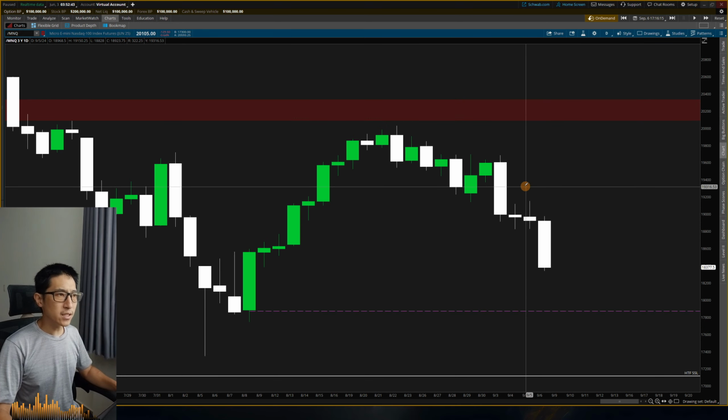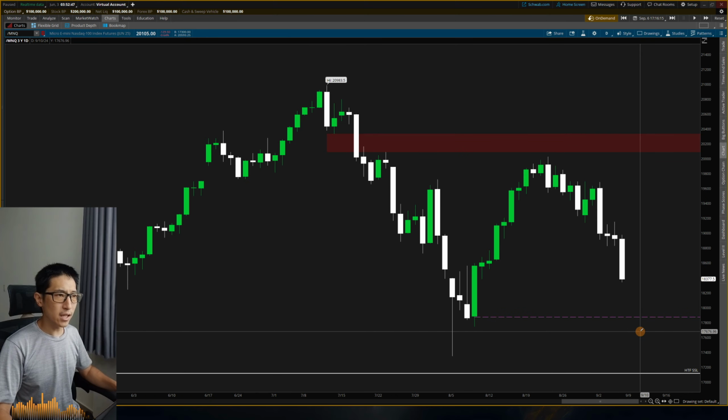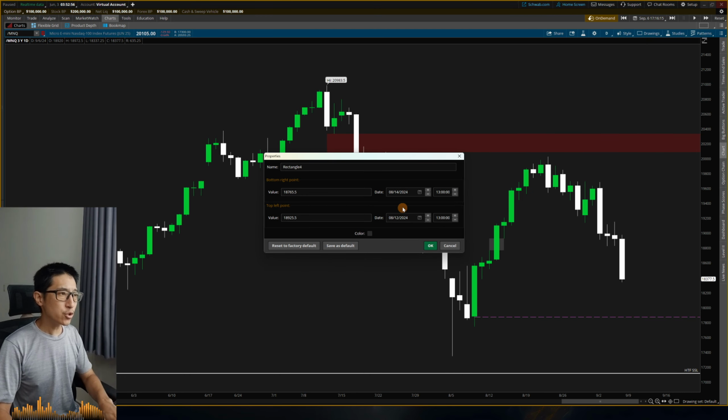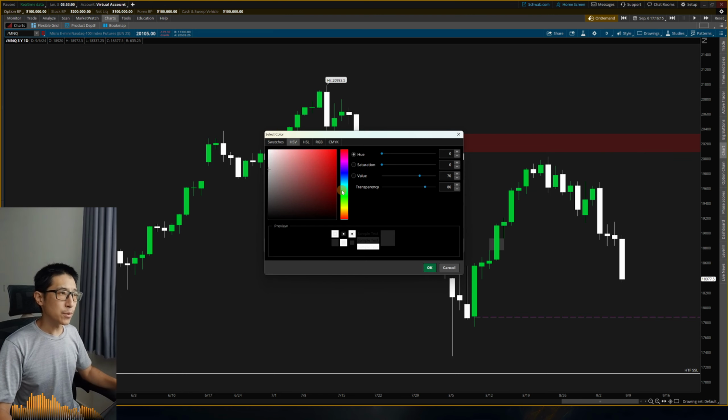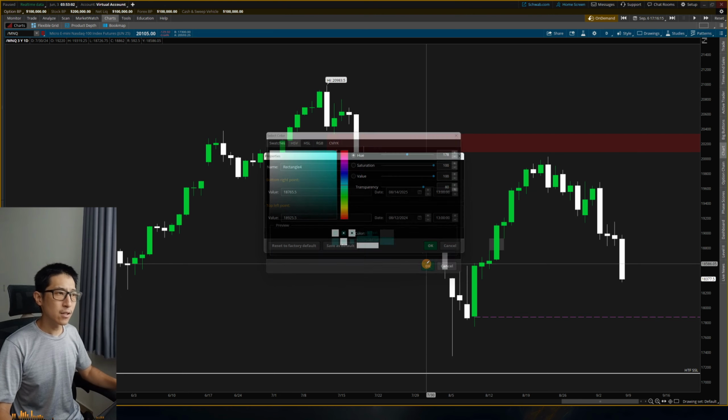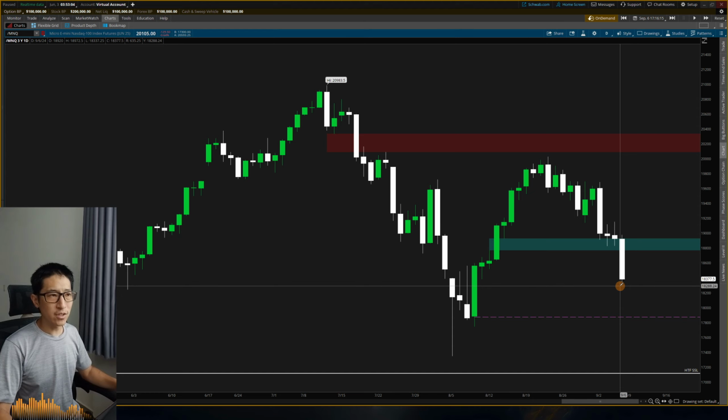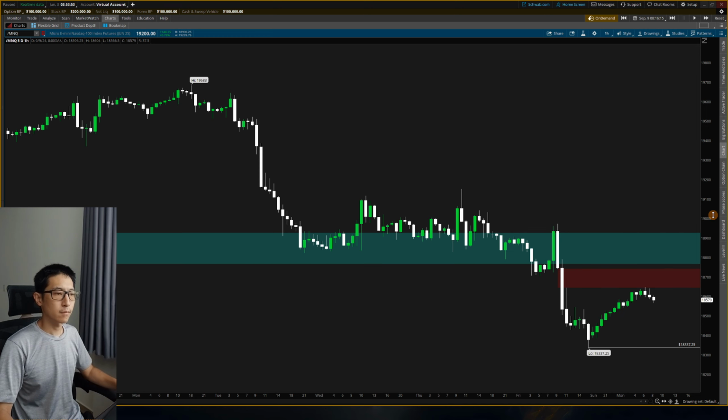Now zooming in, we poked into this daily SIBI and we're starting to head lower, so we may not retrace back up here again. Perhaps we can use this old fair value gap. So let me go ahead and mark this out. This could be used as an inversion fair value gap, the daily fair value gap. So I'm going to go ahead and just extend this through our price action. If we do get any retracement, I'll be looking for this fair value gap to hold as resistance.